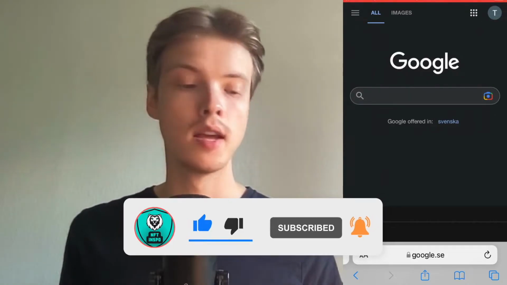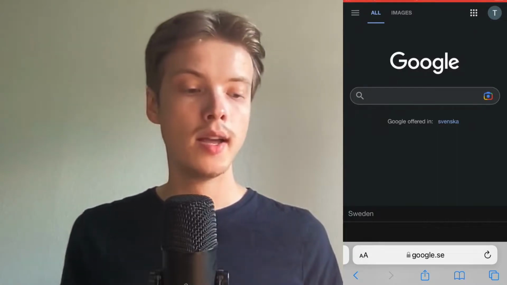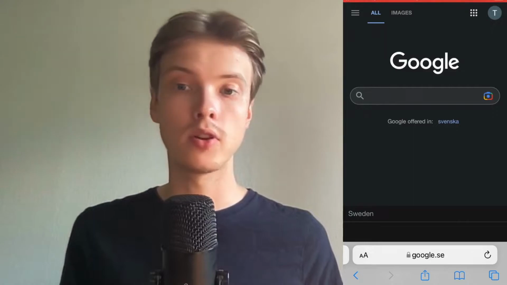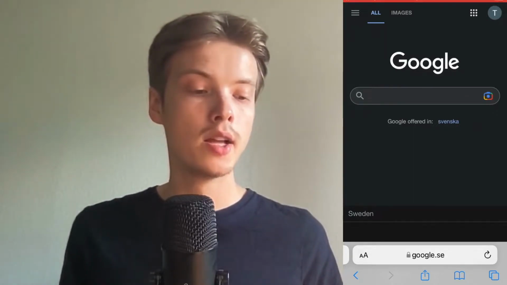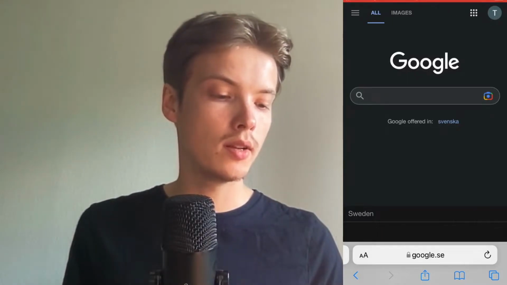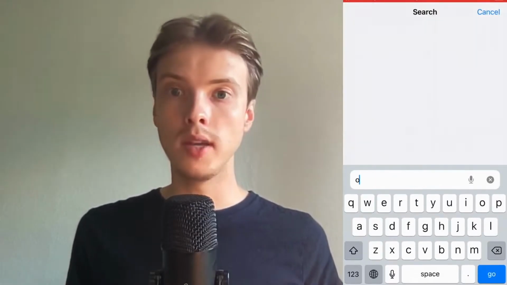So what I'm going to do first is to go into my mobile browser right here, and it can be any mobile browser. It doesn't matter if you're, for example, using Firefox or Safari. Just go into your mobile browser, and then I'm just going to search for Omegle in here. So I'm going to search for Omegle, and as you can see, I'm currently on Omegle's website right now